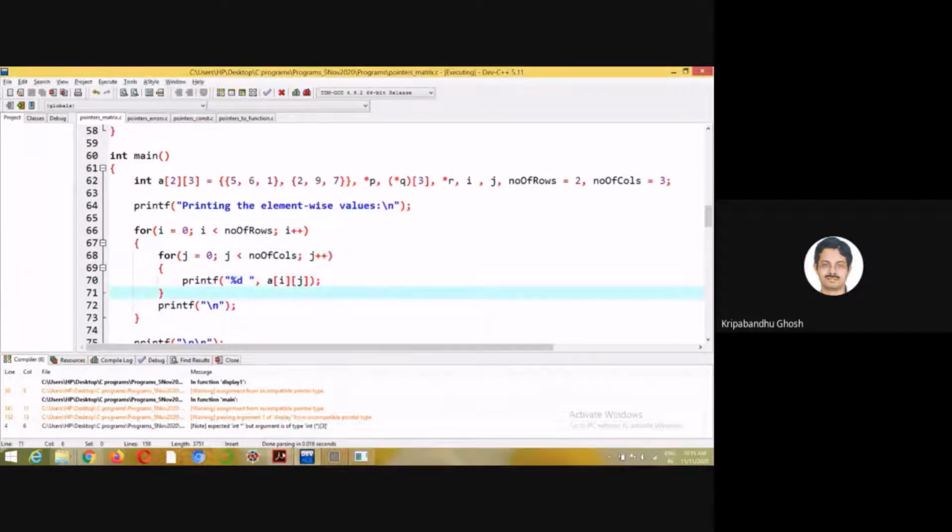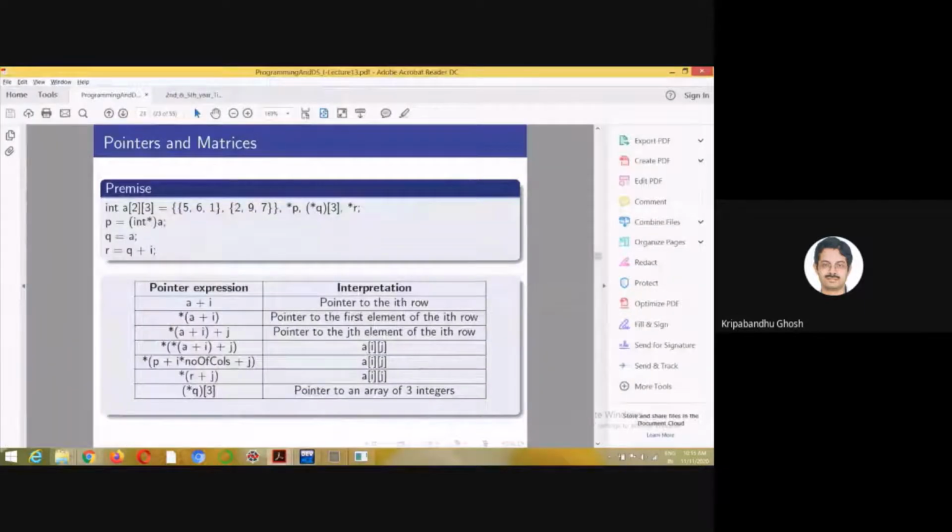Before that, let's look at some notations. A is basically ampersand A00. A is the starting address of this matrix, the starting address of the first element of the array. A plus i is the address of the ith row.